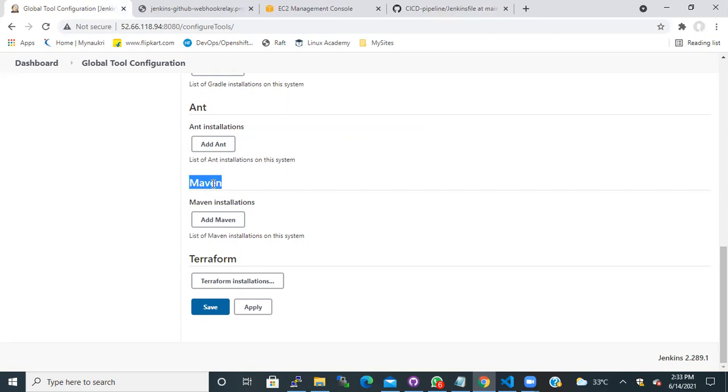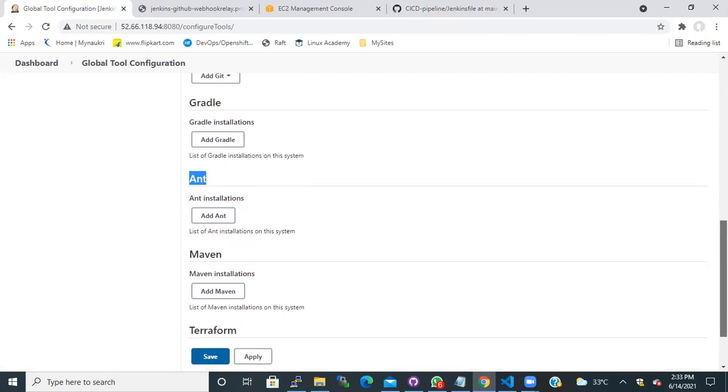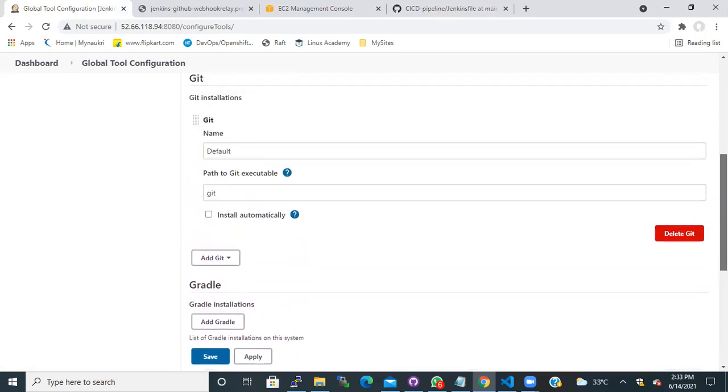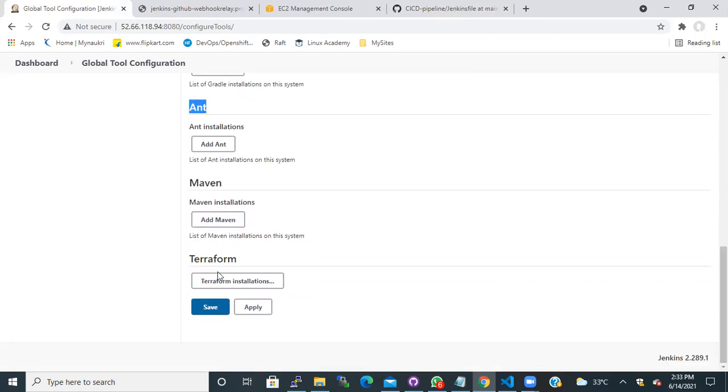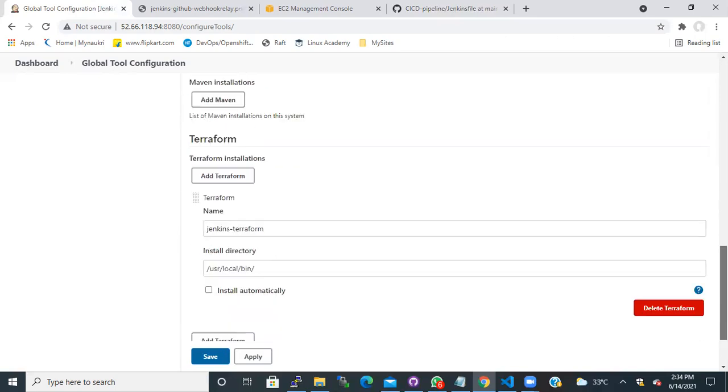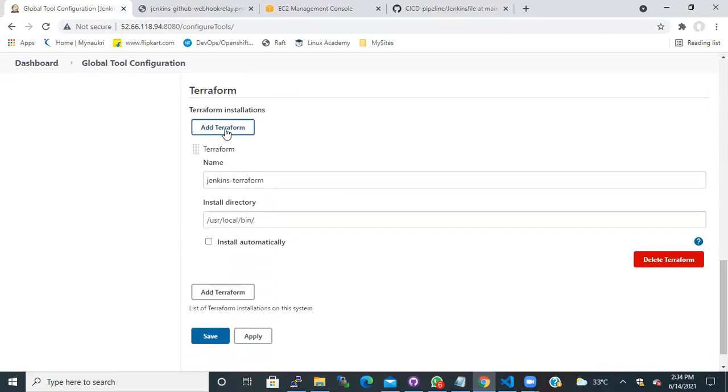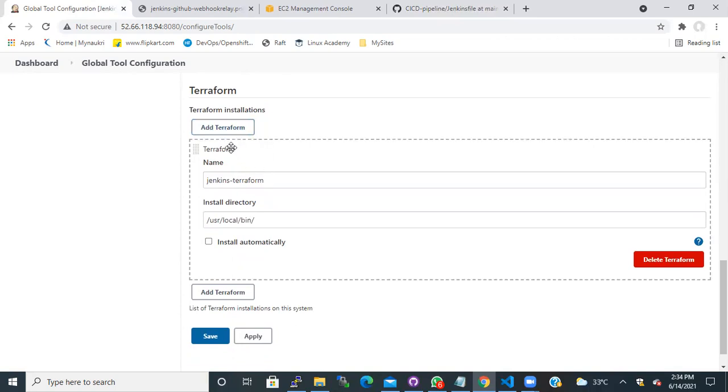For a Maven project, if you are creating a project through Maven, you need to choose this. If you have Ant, you can choose Ant. And if you are doing it through Gradle, you can do that. But in my case, I'm doing a Terraform project, so I just need to click on install, and then click on add for those tools.